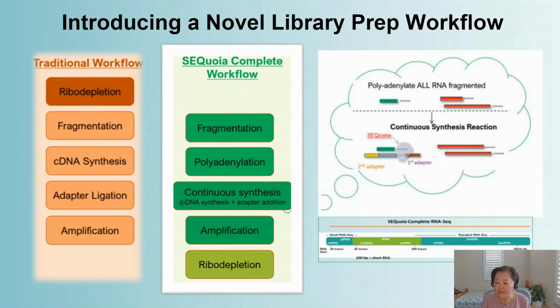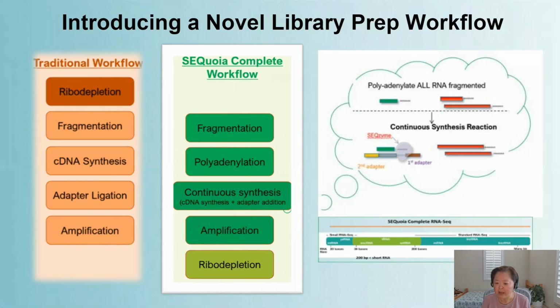The RNA fragment undergoes polyadenylation, creating a poly A tail on each fragment, so all sized RNA fragments can be captured without loss. The poly A tail binds to the poly dT region of the first adapter, priming a reaction that adds the adapter and reverse transcribes the RNA into cDNA. Here, we leverage a proprietary retrotransposon enzyme called Zeinali to replace the traditional RTase and ligase, which couples cDNA synthesis and adapter addition in a single step.